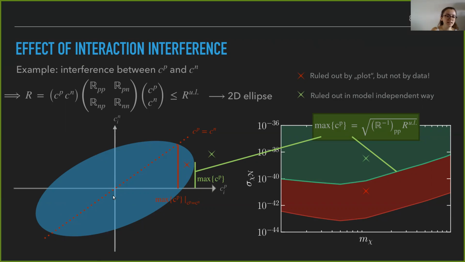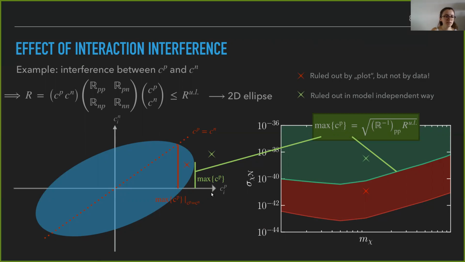In addition, I added the line which represents the parameter space that is allowed by assuming equal couplings between protons and neutrons. The parameter space that is still allowed by data is the blue area here, meaning that with the strong assumption, the upper limit is here. But here one can see very well that there is still some parameter space on the right of this strong limit assumption. This means that if one wants to be fully conservative, one should go to the very right of the parameter space.